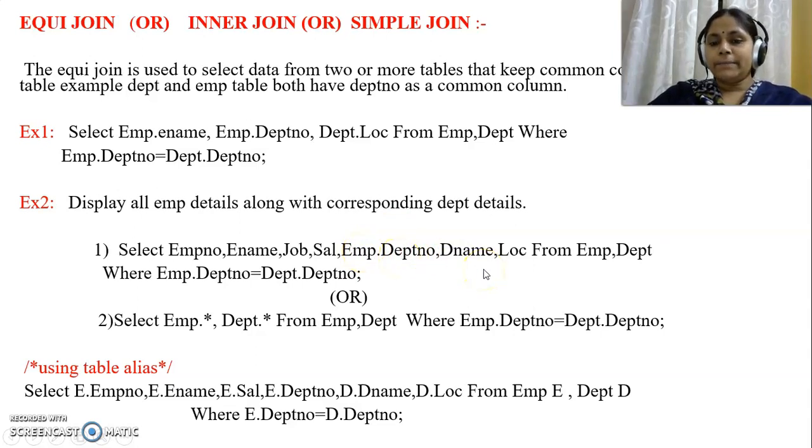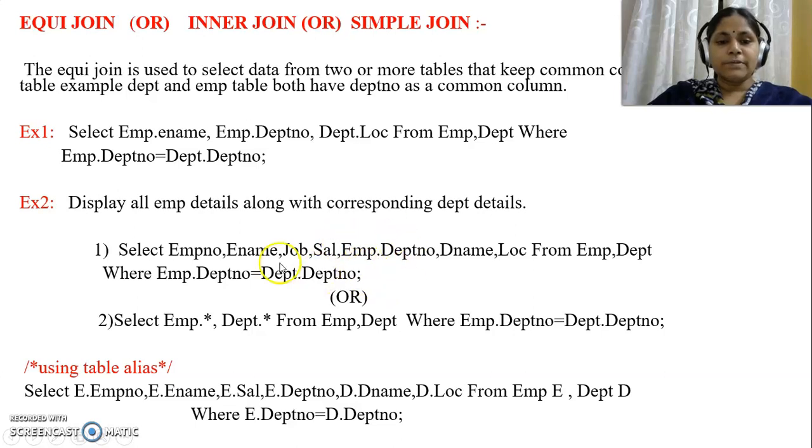These are the two tables we are using, where the condition is that the department number attribute in EMP must be equal to the department number attribute in the department table. This is how we display all the employee details along with the corresponding department details.